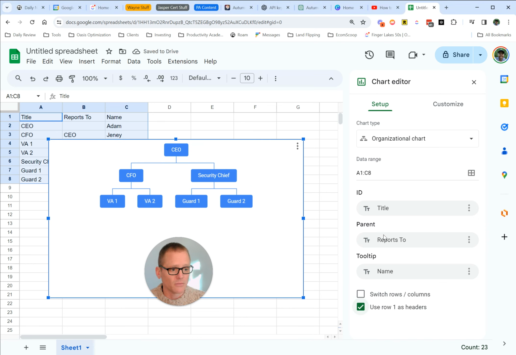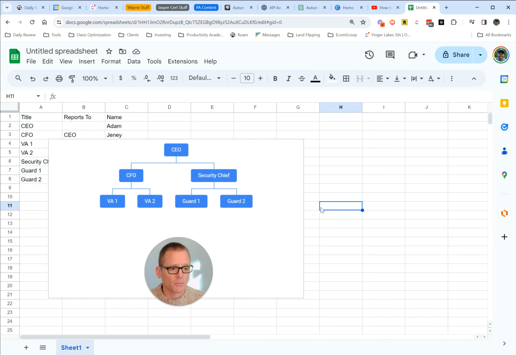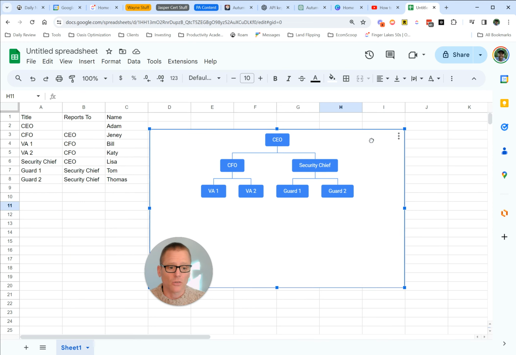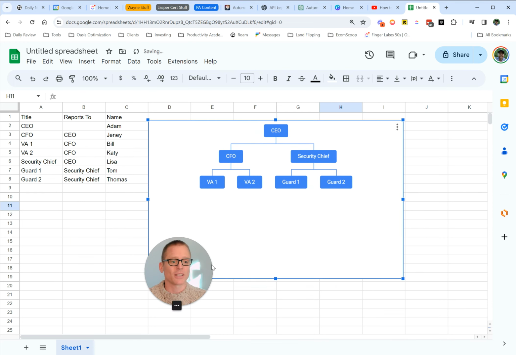We've got title, reports to, and tooltip. Okay, again, you don't have to have the tooltip. If you don't have it, that's fine. But what it looks like when you hover over it is like this. Now you can see who it is. So there's a bunch of different ways. You could use names and have the tooltip be their position. But there you go. That is a really quick way to set up an org chart very quickly using a